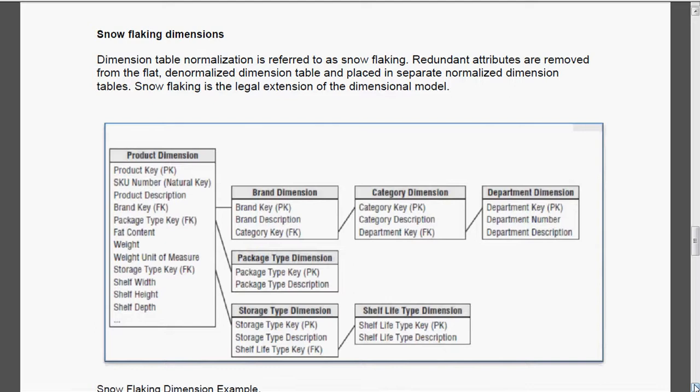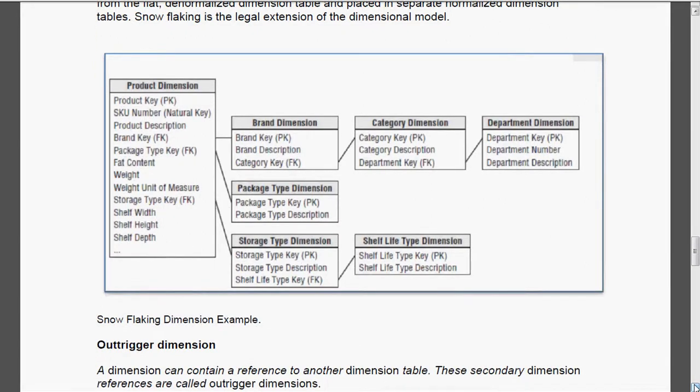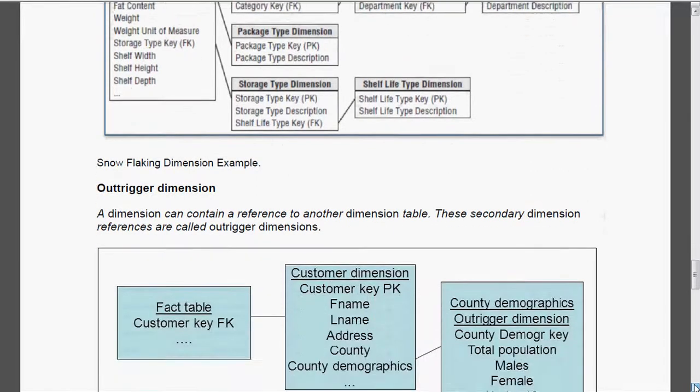Here the redundant attributes are brand and category. So these two columns will be removed and kept in a separate table. Here the brand dimension and category dimension are kept in separate tables. This type of normalization is called snowflaking. Normally snowflaking is not allowed too much in dimensional modeling. Only as and when required we have to use this.